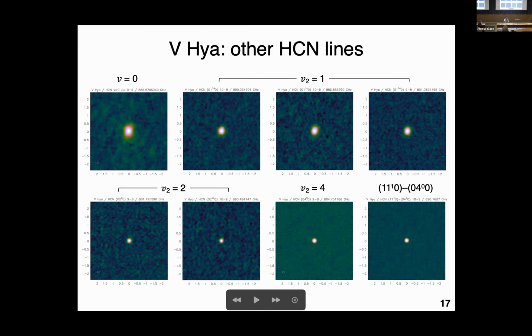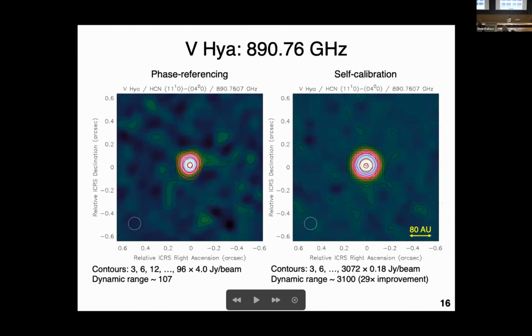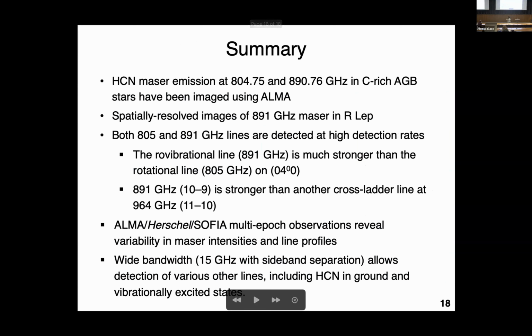so 100 million Kelvin. Is there any carbon-rich star where you have searched for these HCN masers but you don't observe it? In other words, are they present everywhere in carbon-rich stars? At least for 805 and 891 gigahertz, the detection rate is 100%. In Herschel, I think there are some special scans also for carbon-rich planetary nebulae, like